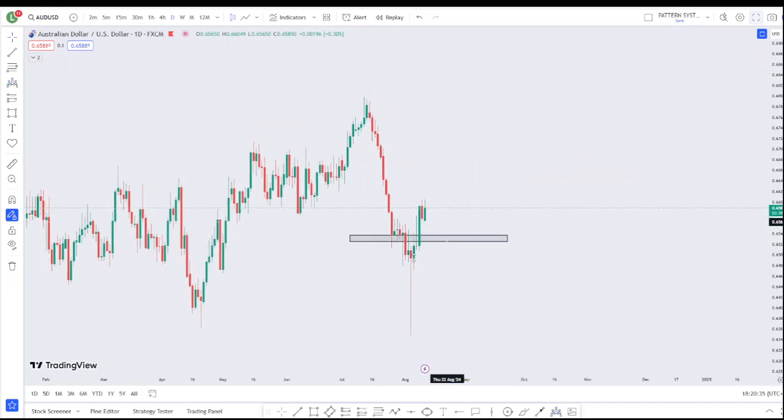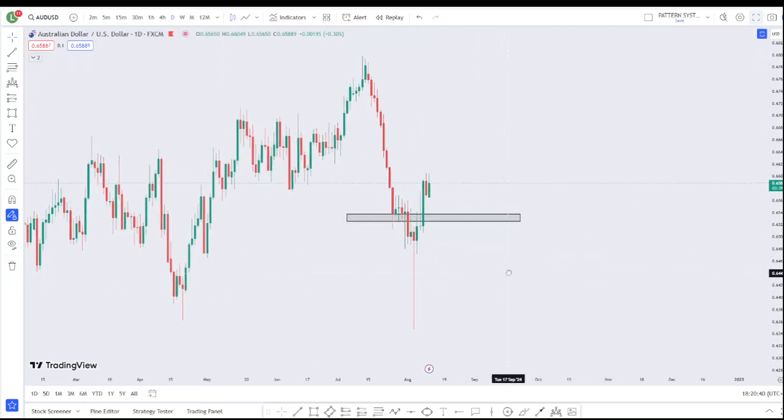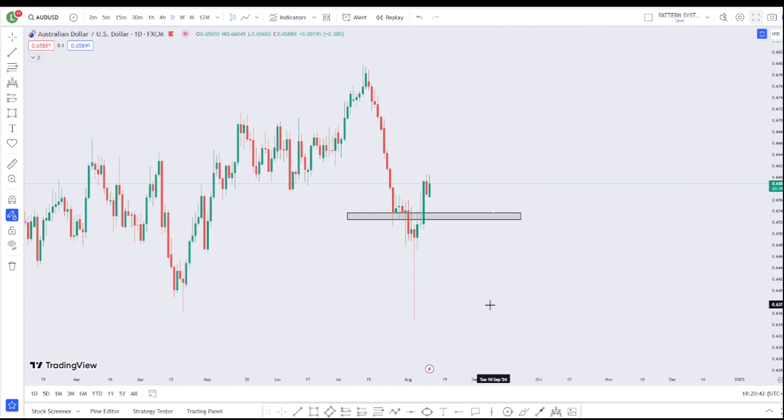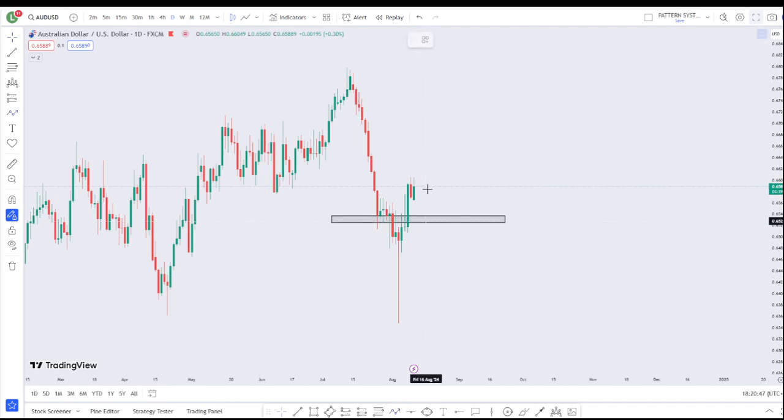Whenever you spot this reversal chart pattern at the end of a downtrend market, that is an indication that the buyers want to take charge of the market. Now, this is what I'm expecting. I'm expecting price to sell down to the second shoulder of this inverse head and shoulders on the daily time frame